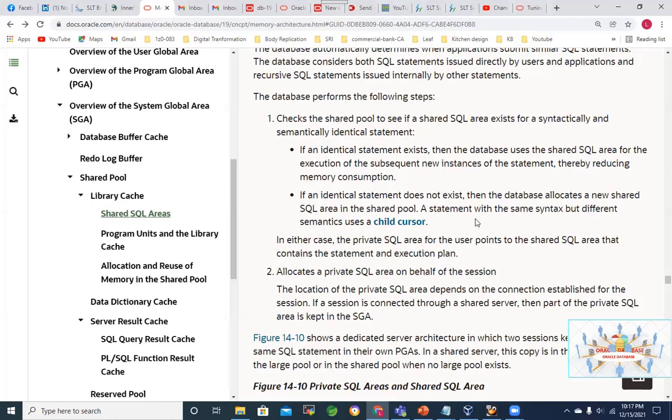Select star from, instead of employee, it can say item. So the semantics is different, but the statement is syntactically the same. In that case, Oracle cannot use the same execution plan, so it will allocate a new area in the shared pool. New area means a new shared SQL area.